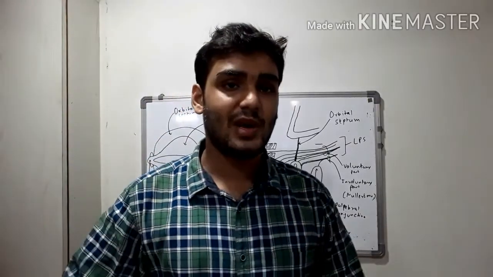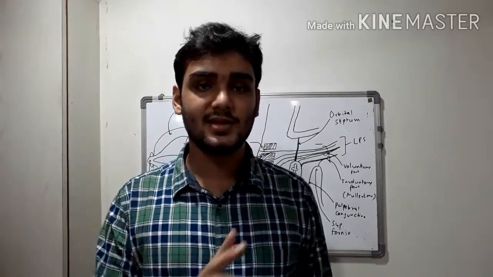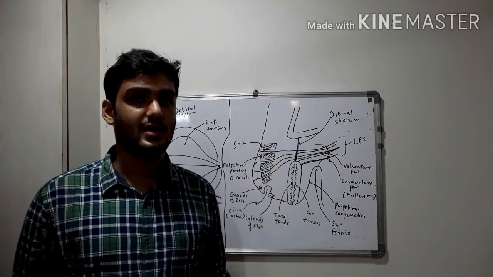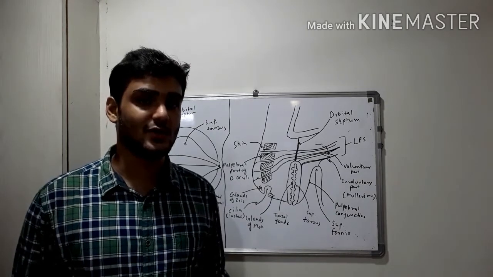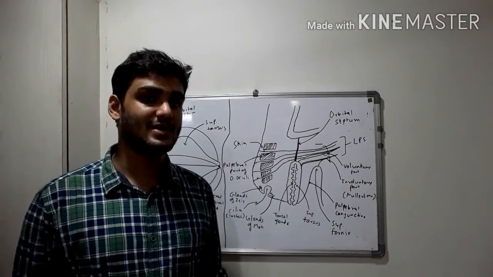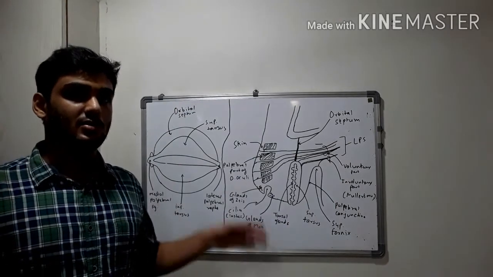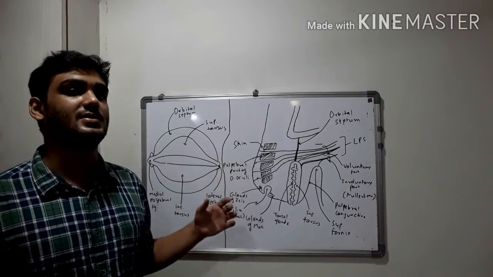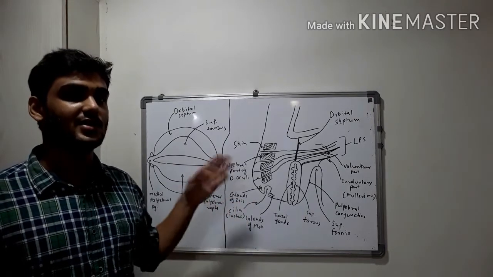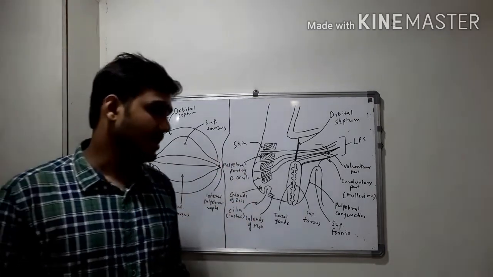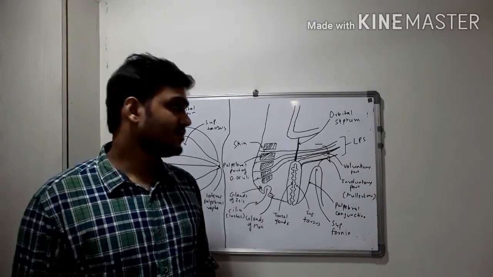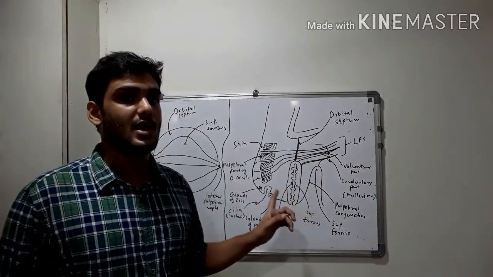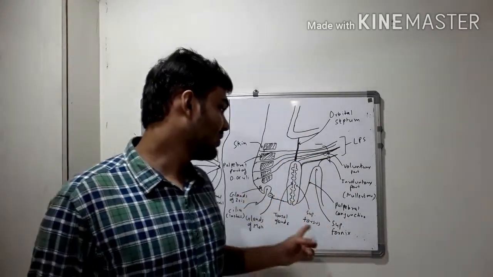So, summing up the anatomy of palpebrae. Firstly, you have the skin, which is thin and easily distensible. Then we have the superficial fascia, which consists of the orbicularis oculi muscle, and behind it we have the loose areolar tissue, which is continuous with that of scalp. Then we have the orbital septum, which has superior and inferior thickenings known as tarsi, and the thickenings on sides known as palpebral ligaments. The medial is the medial palpebral ligament, and the lateral one is known as lateral palpebral raphe. And the superior tarsus receives two slips from the levator palpebrae superioris, voluntary and involuntary. Involuntary is known as Mueller's muscle. And then we have the glands.